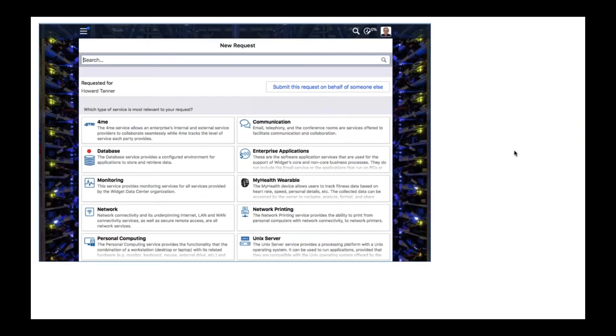So when we are working on bringing the service live, we followed all the steps, so we are ready to provide the service. At that very moment, the service automatically becomes available in the service catalog, and can be used by people. So here you see the My Health wearable service, for example.